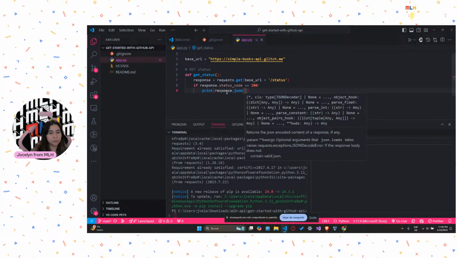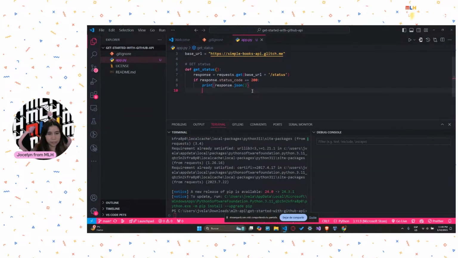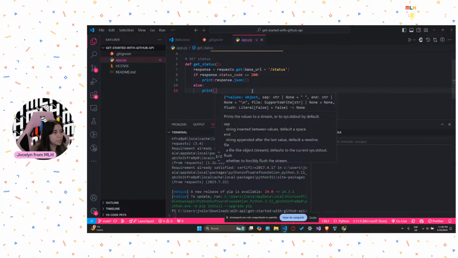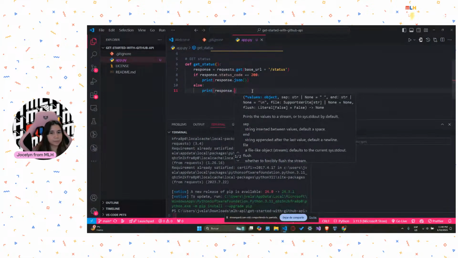Why? Because we want to get the response in a JSON format. Great. So, in the case that this is not successful, then I'm going to do else, and then I'm going to print the error message. So to print the error message, we're basically going to do response, and then dot